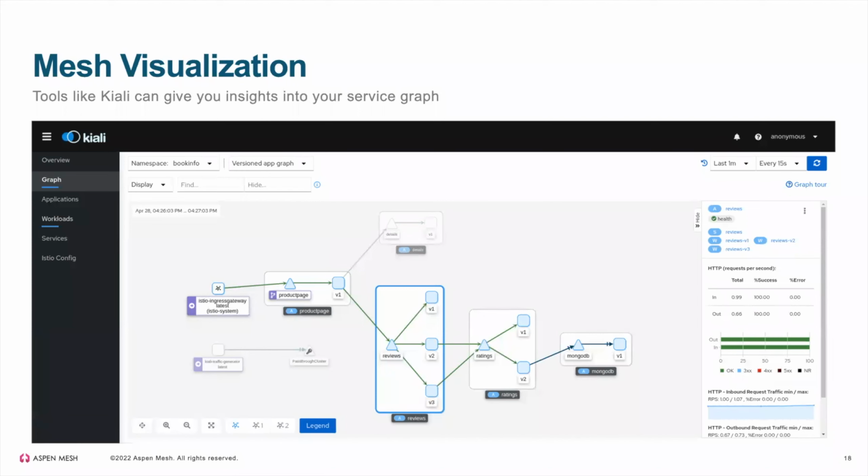For example, this is Kiali, and this shows you a call graph for a sample application all the way from the ingress gateway through services that are running multiple versions of the pods behind them, and even out of there. So you can get data for, are these connections healthy? Are these calls healthy? These are all green arrows in this case, and the blue one's the Mongo because it's TCP. Number of requests, some basic data like that, but it's really good to visualize the whole communication path in a more complex system of microservices.